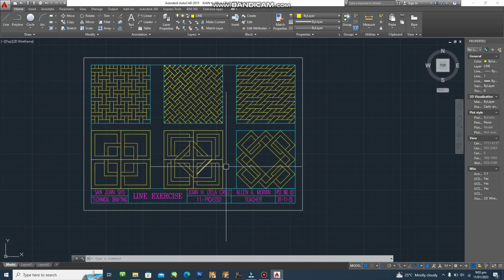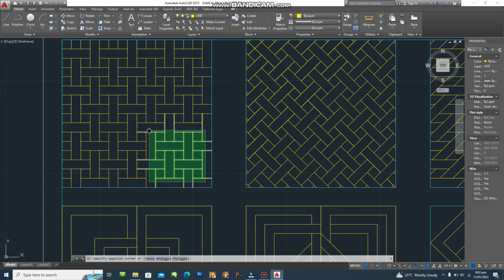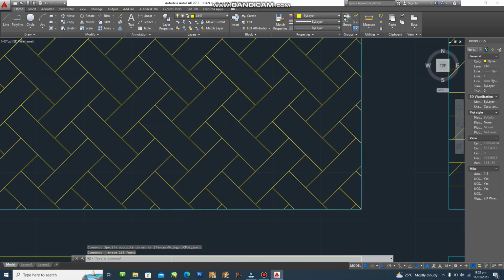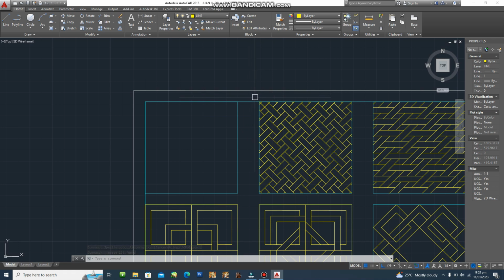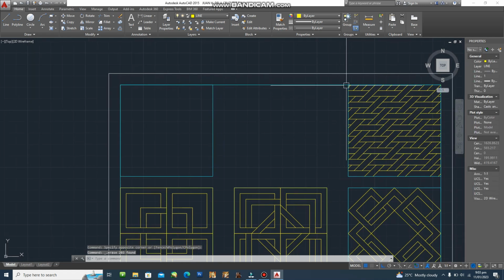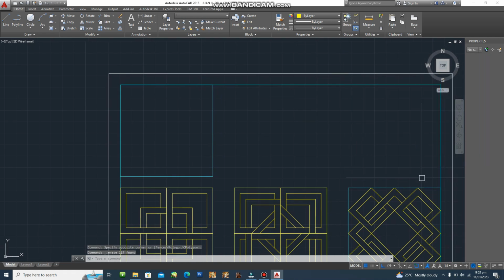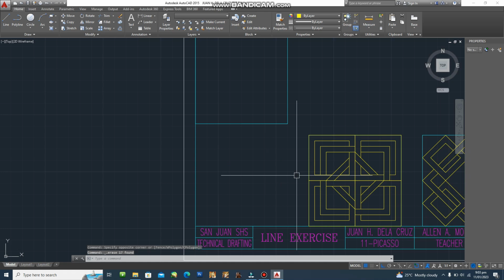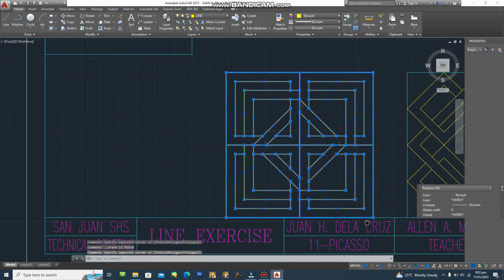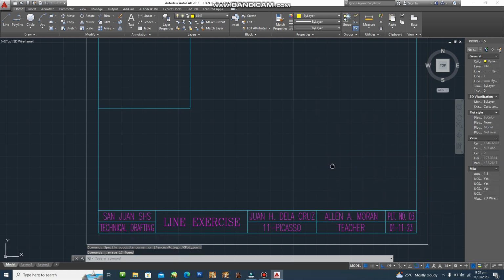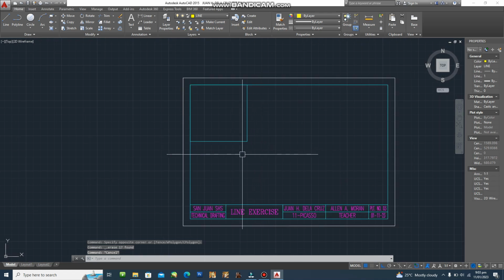And then since in this plate we will be having arcs and circle, what you're going to do is to delete all the lines inside the square. Okay, so if you are having hard time deleting this one, you can just delete all of this. And then what we're going to do is just to make use of the command to copy for us to create another square, because it will be hard for us to delete it one by one. So I think it will be better for us to create another copy using commands to copy,